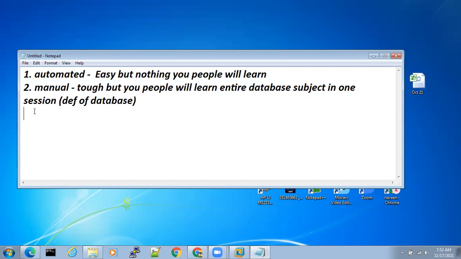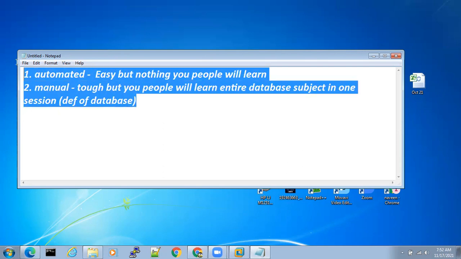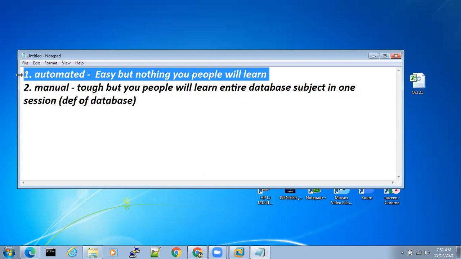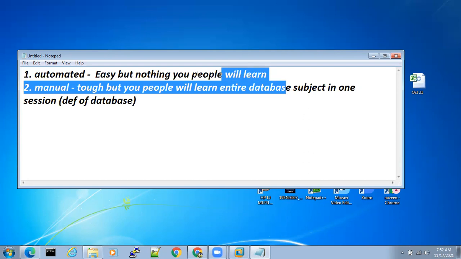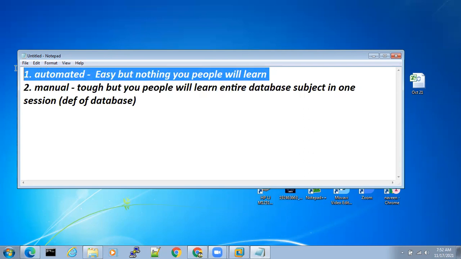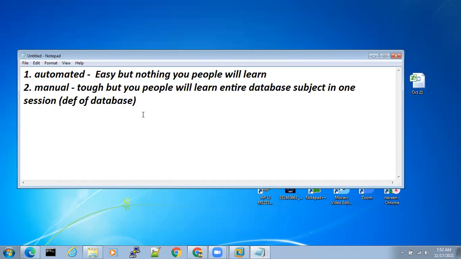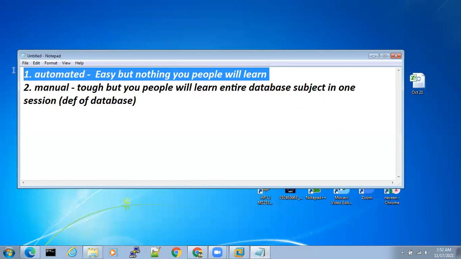And for the one person who said they want to learn both, please teach both. Yes, I will teach both. I will not skip anything. But I'll tell you a very simple example with this automated session. If I explain how to create a database automatically, first I'll explain it manually. Then you ask me, right? One of the teammates asked us to please explain the first method also.